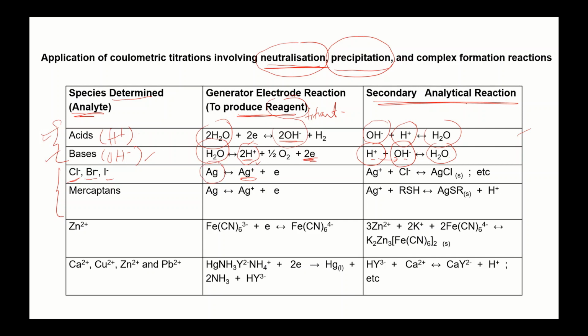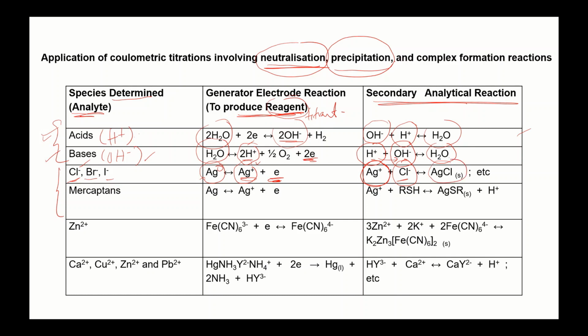By oxidation of silver metal. So silver metal is the precursor. It will oxidize, release electrons, and form silver ion. So silver ion in this case is the reagent, and will react with your analytes, either chloride, bromide, or iodide,